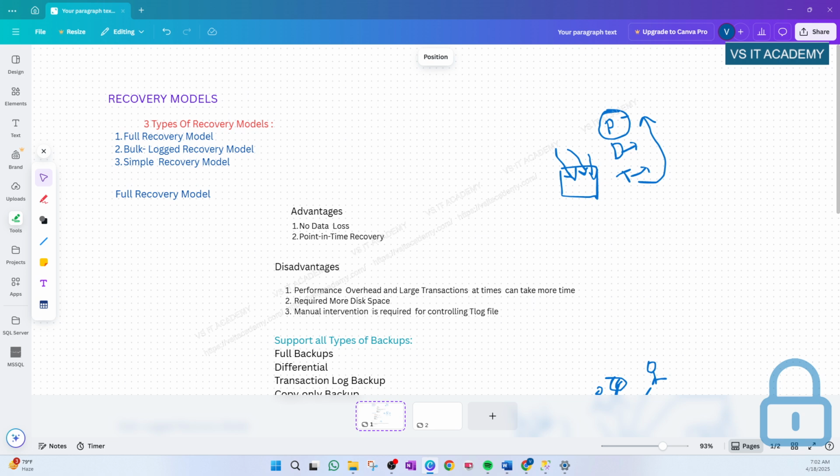Yesterday in class we discussed recovery models, the types of recovery models, their supported backups, and their advantages and disadvantages. I also showed how to change the recovery model, from simple to full, full to simple, or bulk logged. All this was done in yesterday's class. Today we will discuss another important topic,